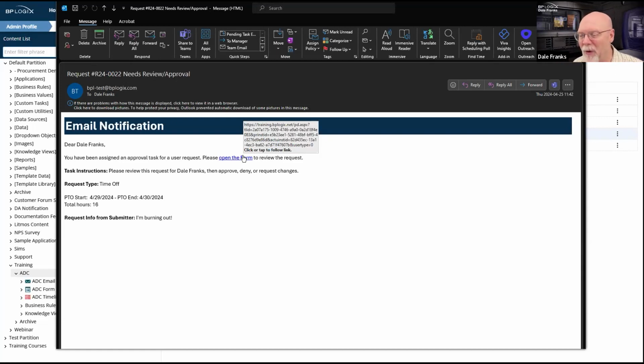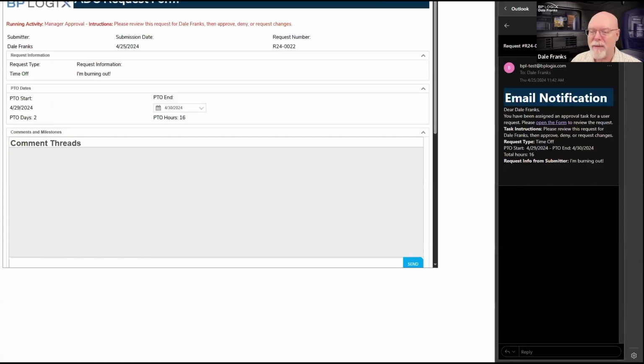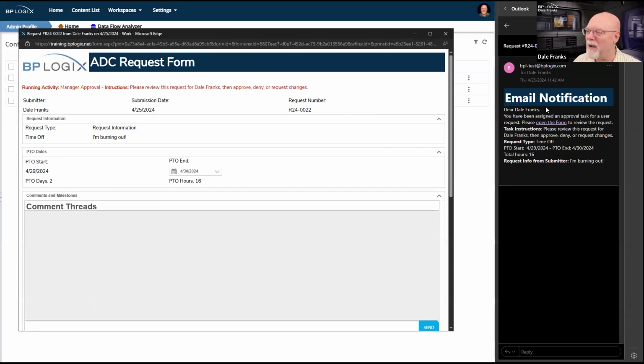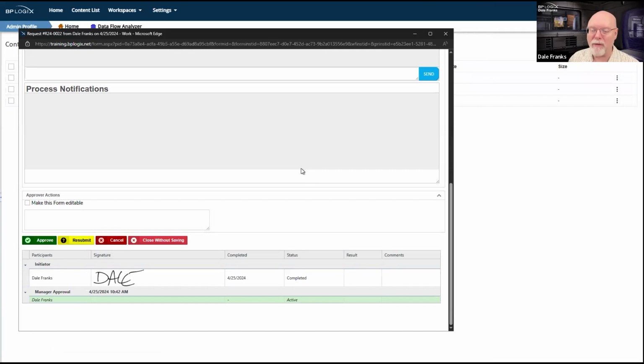That's why we never want to expose this link. Why we always want to encapsulate it in a hot link control, because it is ugly with all of the GUIDs and whatnot. But if we click on it, it should open the form for me in task context. Boy, this thing that Edge does when you click on an email is worse than being stabbed. I hate it, and I don't know how to turn it off. But look, it opened my form. I can do my stuff.